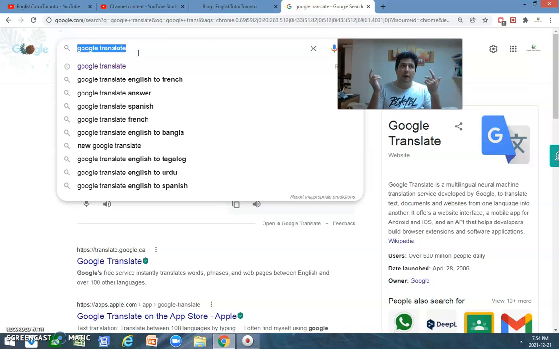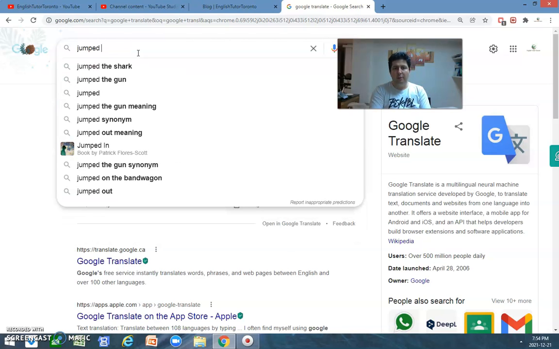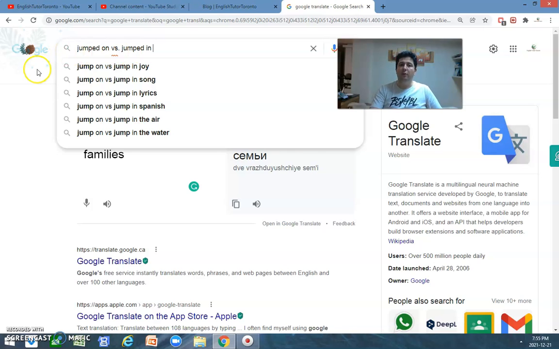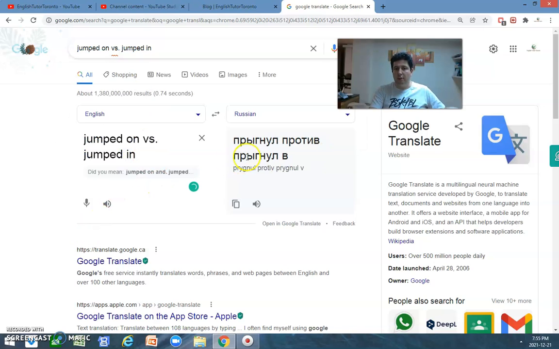So, you're an English learner. You want to say the phrase, jumped on versus jumped in, right? You don't know what the difference is between jumped on versus jumped in. Why do we use that preposition? And if you translate it into Russian,